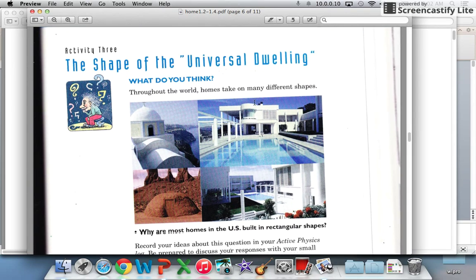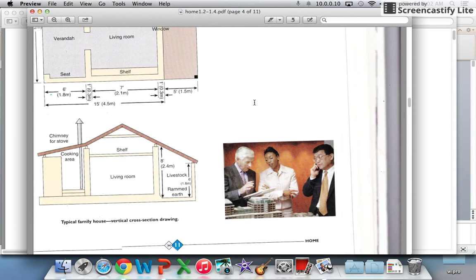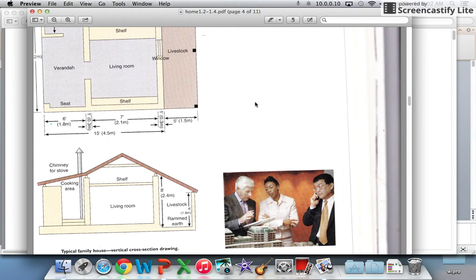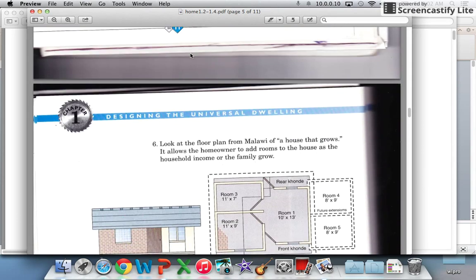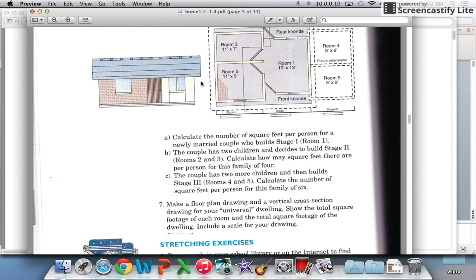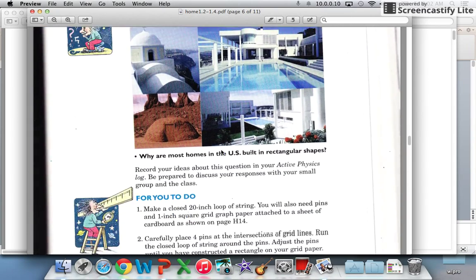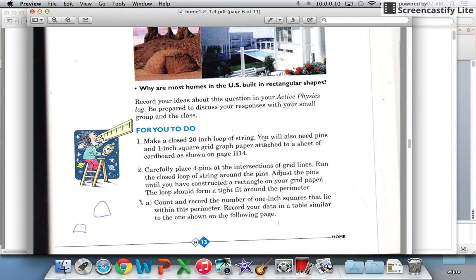the shape of the home, activity 1.3. What you could do is mention to students, I like to have them be creative with the shapes as they're designing, and you tend to have some creative influence from certain students. But this lesson, the shape of the universal dwelling, is not important because they're no longer assessed on this in the BPS assessment,